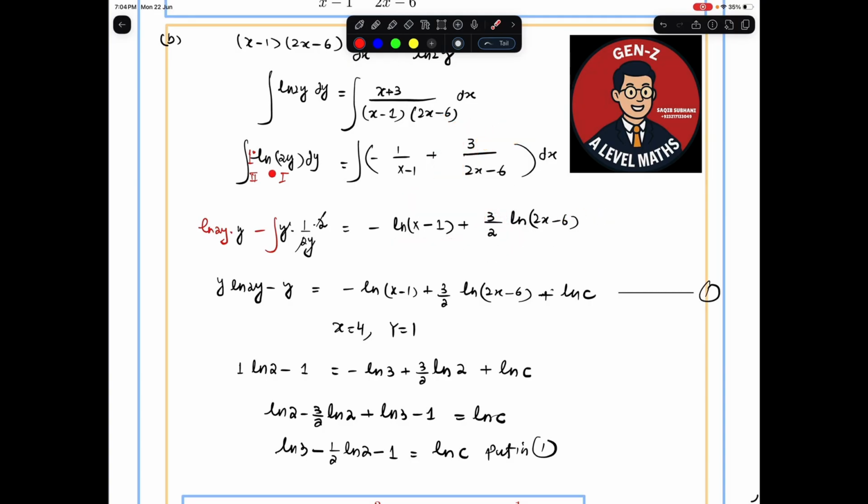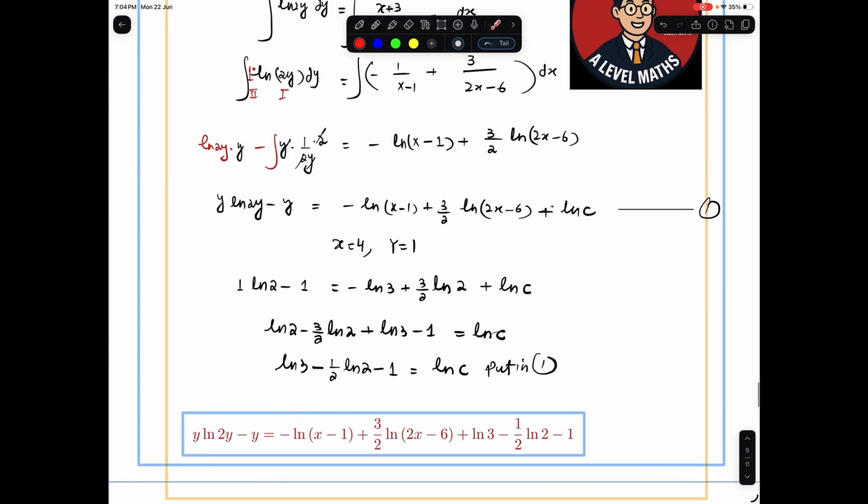ln(2x-6)। और ये लॉग है हमारे पास, लॉग का इटसेल्फ कोई फार्मूला नहीं होता, बट हम इस पर बाय पार्ट्स लगा देते हैं, 1 को एज अ सेकंड फंक्शन मान लेते हैं और ln फर्स्ट फंक्शन हो जाता है। तो फर्स्ट फंक्शन रिमेन द सेम, 1 की इंटीग्रेशन y हो जाएगी, और इसका डेरिवेटिव 1/2y और 2y का फर्दर डेरिवेटिव 2 हो जाएगा। तो ये 2 से कट जाएगा, 1 रह जाएगा, और 1 की इंटीग्रेशन दोबारा y हो जाएगी। ये हम इसको डिफरेंशिएट कर चुके, इंटीग्रेट कर चुके हैं। उसके बाद x=1, y=1, तो जब हम इसमें वैल्यूज़ पुट करेंगे तो हमारे पास ln